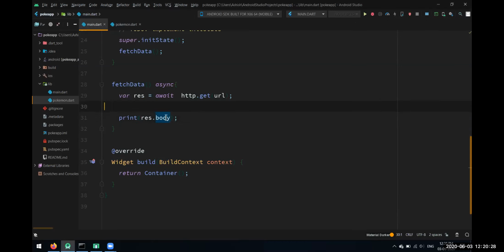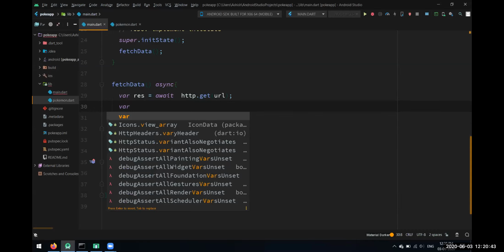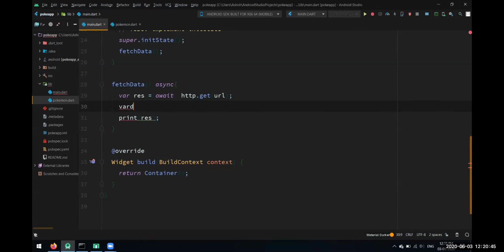For that, let's remove this body and first decode the whole JSON object that we are getting into parts which are useful for us. So let's use a variable, we'll name it JSON decoded value.